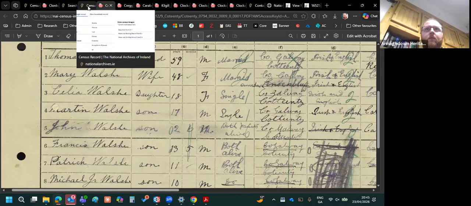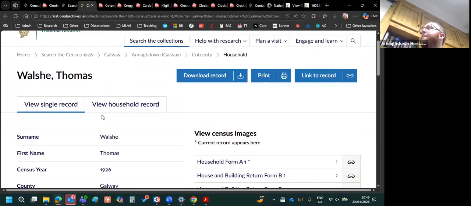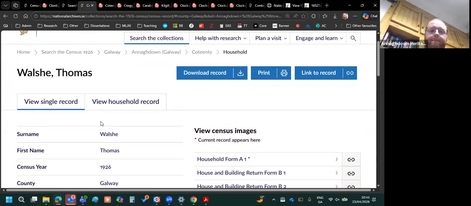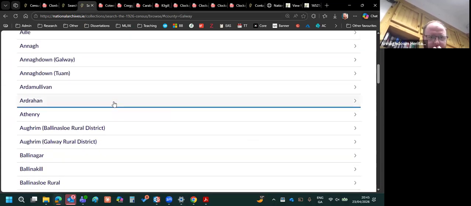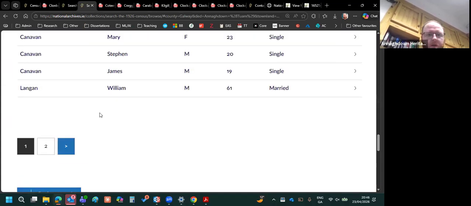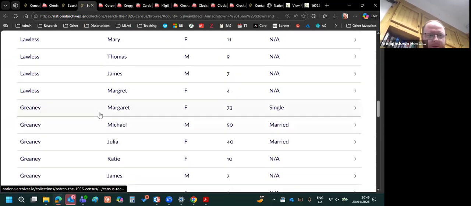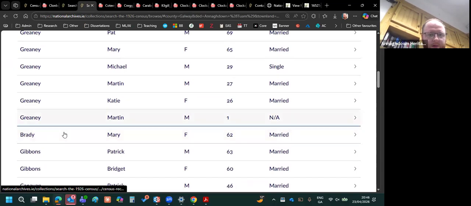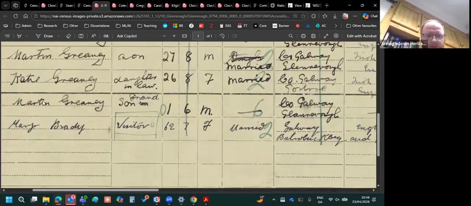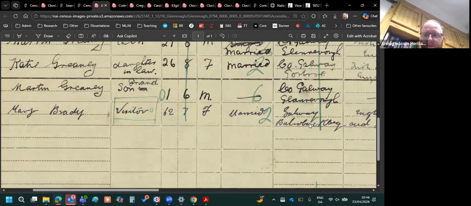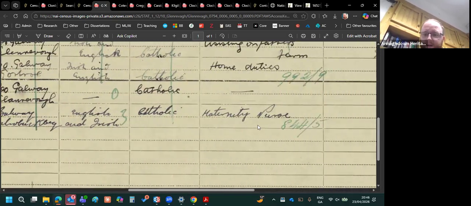You want to show maybe one or two, remember any that he's a nephew or visitor? As in, just happened to be there overnight? Oh, yeah, there was one actually. One name by itself. Yes, that's what I'm looking for here now. So here, Mary Brady. So this is Greaney's in Glenriva. At the bottom of this form, Mary Brady is a visitor. She's 62 from Ballybrooke Beg, and she's a maternity nurse.